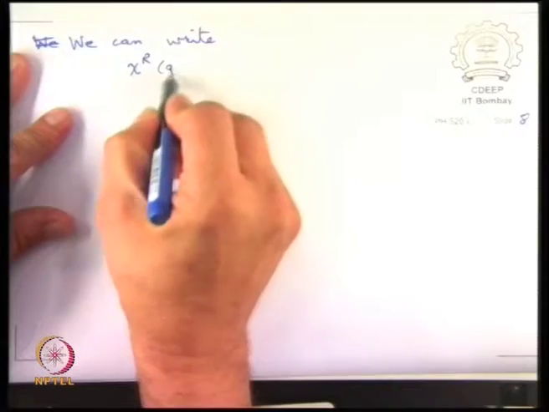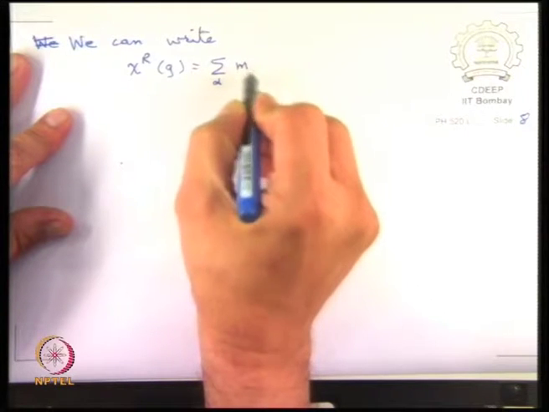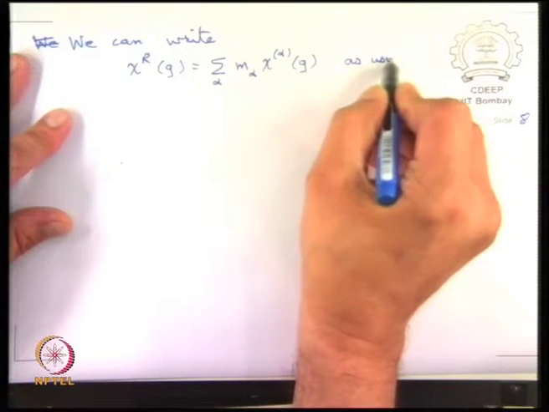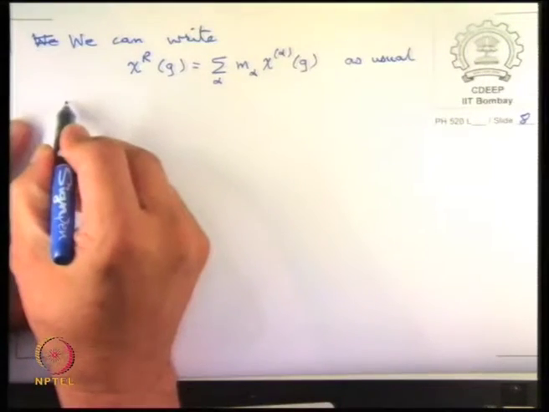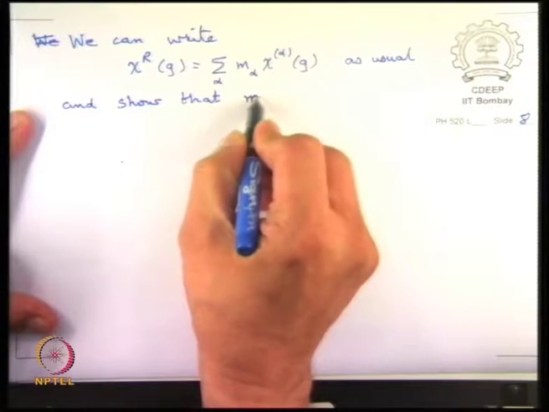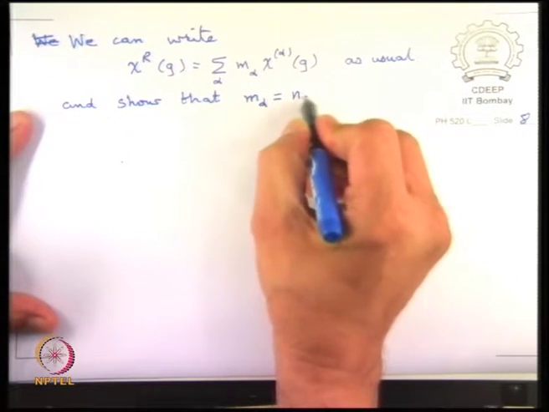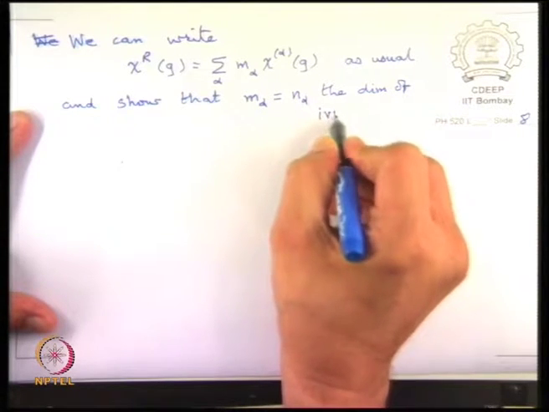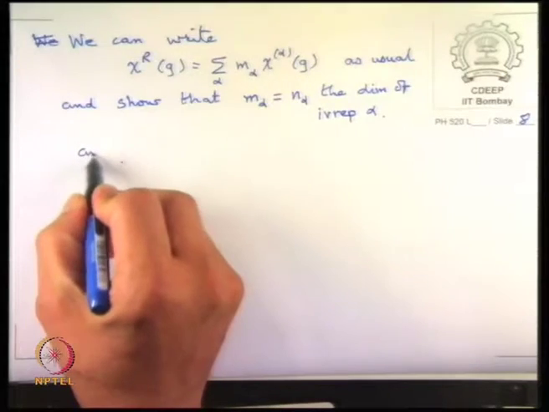So we can show, so we can write chi R of G equal to the sum over alpha of m alpha chi alpha of G, as before, and find that m alpha equals n alpha, the dimension of irrep alpha, and hence we can prove that